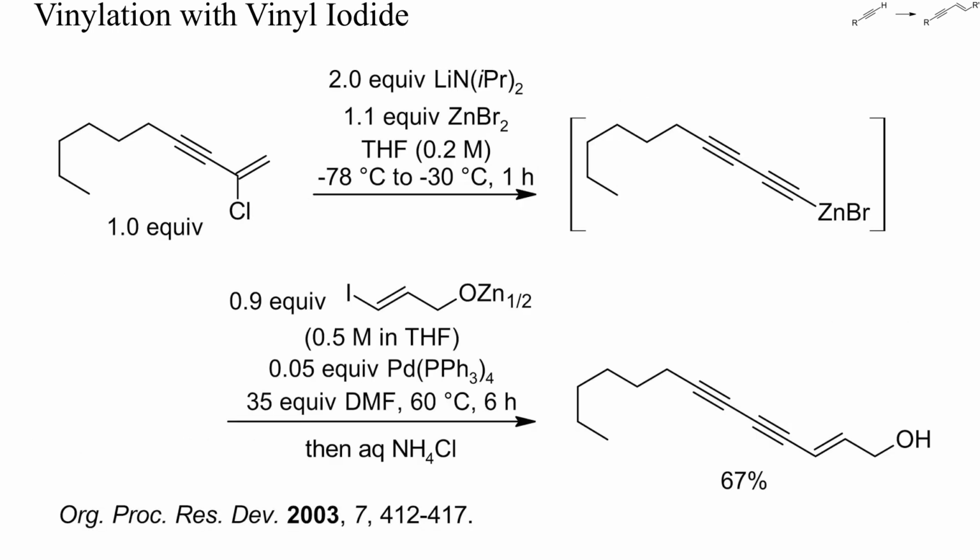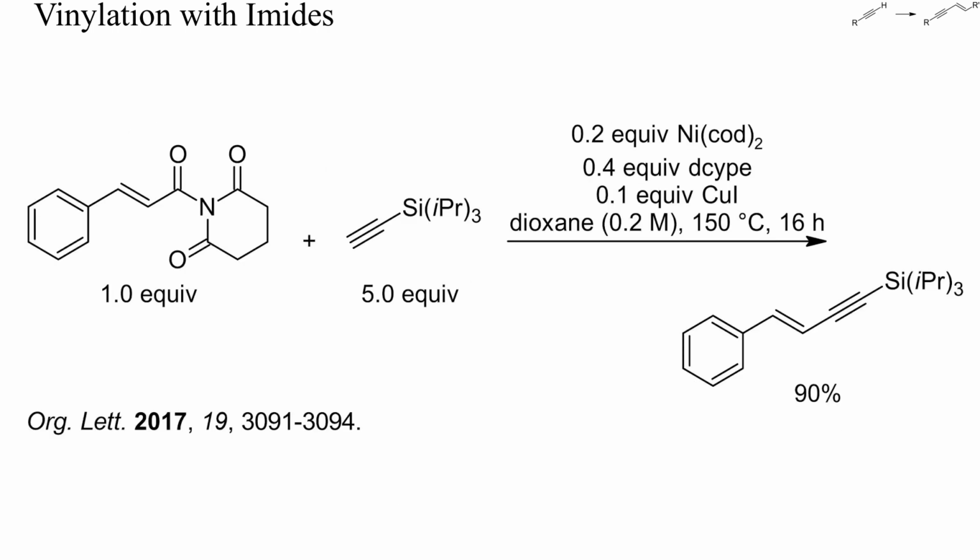Vinyl iodides are still more reactive than bromides and readily undergo all kinds of CC bond-forming reactions. In this example, a metallated terminal alkyne was generated from a vinyl chloride with LDA and then coupled to a vinyl iodide without any copper catalysis. Acyl chlorides and other activated carboxylic acid derivatives undergo decarbonylation with palladium or nickel 0 at high temperature. The resulting organopalladium or nickel intermediates can then be coupled with copper acetylides, as in this example.